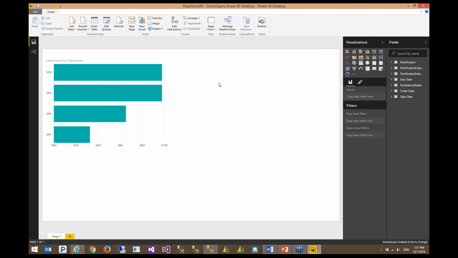It is a passageway between your Power BI Desktop, your Power BI service, and your on-premises database. If you are using a SQL Server database engine, you can use a personal gateway. If you want to create a live connection to your Analysis Services, you will need to install the enterprise gateway.